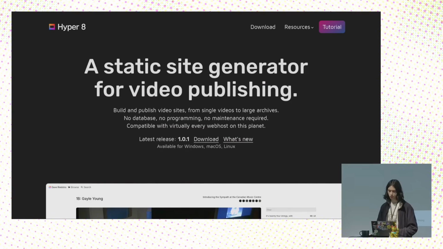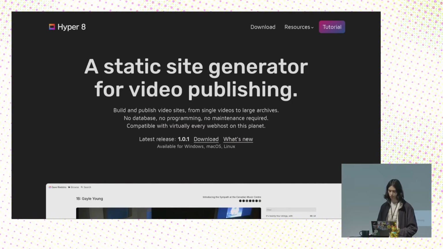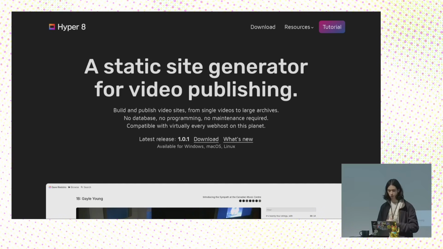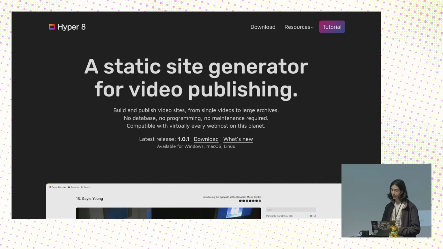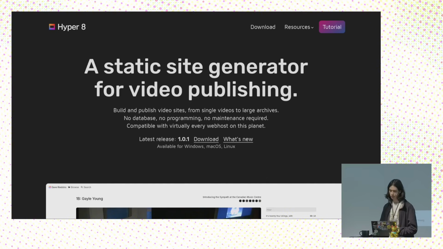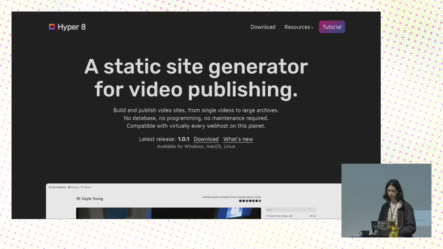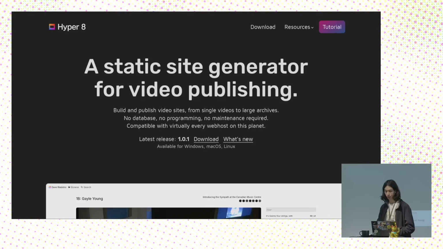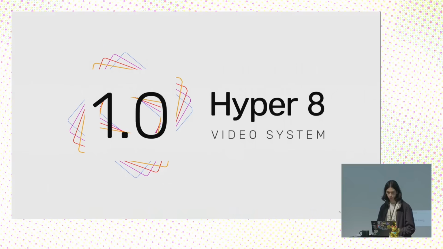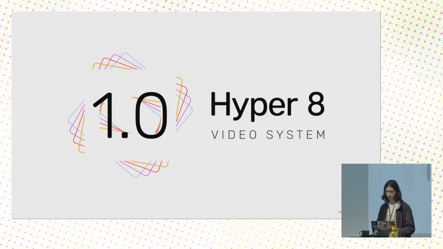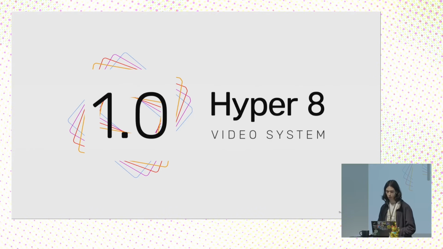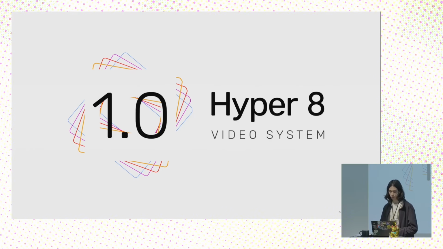Hyper 8 re-envisions video publishing on the web using static site generation. It combines a YouTube-like public front-end with a fast, maintenance-free, local-first backend. Hyper 8 sites can be offered through a beginner-friendly desktop application with its file-based backends and command line interface, but also with entirely scripted workflows. The biggest news since last year's LGM is the release of version 1.0 in October 2025. Some of the highlights include